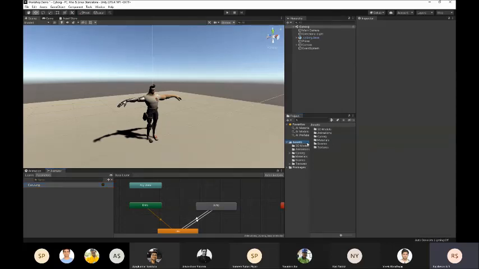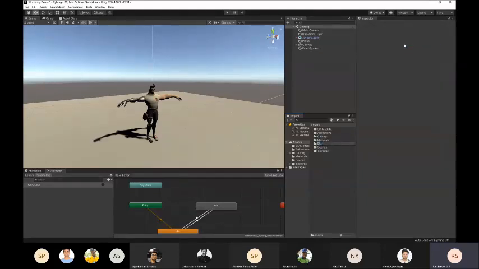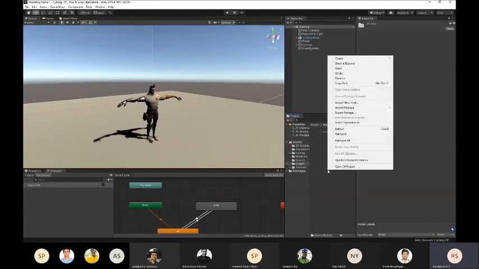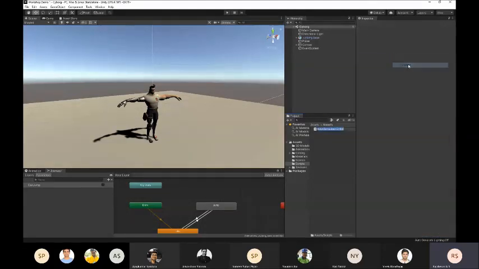Unity uses C# as the basic programming language. So I heard you're all familiar with C#, so this would be fairly simple for you guys. So I'll right click, I'll create another folder. I'll call this scripts. This is where we store all our C# scripts. Double click, I'll create a script here. Go to create C# script. I'll call the script animation manager.